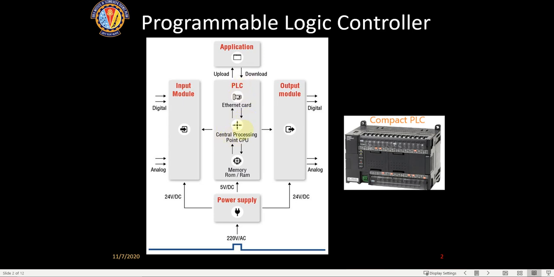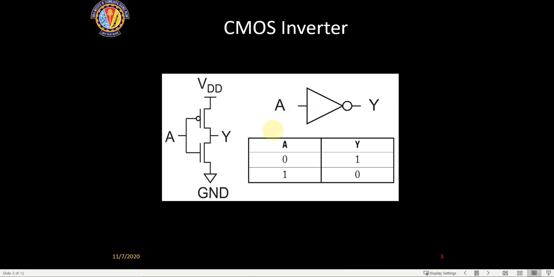Inside the PLCs, this CPU generally uses something known as AND-OR-Invert, or OR-AND-Invert. These are the two kinds of gates which are used inside. To understand why these AOI or OAI gates are used, we need to understand how a CMOS gate functions. So in the next 4 or 5 slides, I'll just introduce you to CMOS logic. This is how a small inverter is implemented using CMOS transistors.